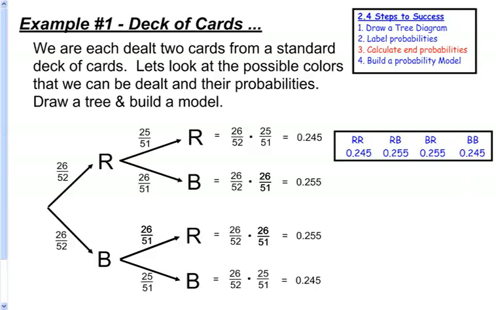So that's the main idea behind building a tree diagram, labeling each individual probability, multiplying through to find the end probabilities, and then to create a probability model which shows everybody, here's everything that can happen, and here's the probability that